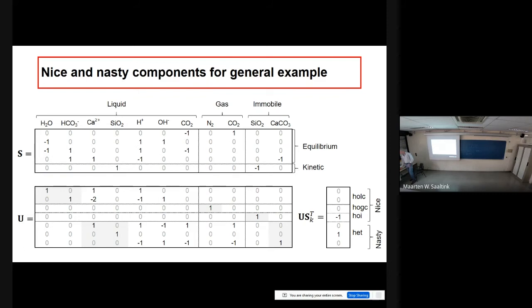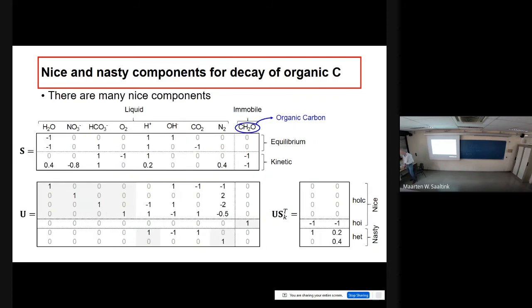This is just a way of doing this. And just some other examples, okay? A lot of people will work with the decay of organic matter, okay? We can say that organic carbon is immobile, and we can do the same trick, okay? So in this case, I have two kinetic reactions, aerobic decay and denitrification. And I can do the same, and then I get quite a lot of nice, homogeneous,